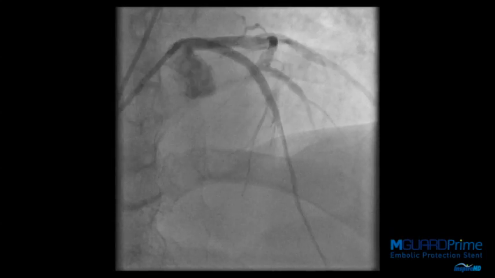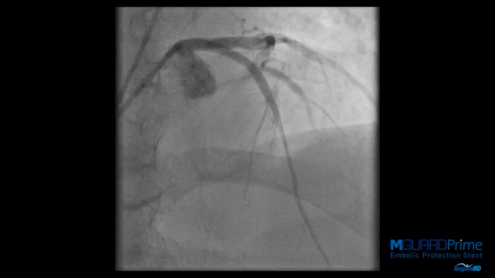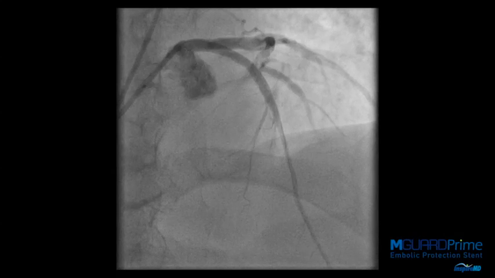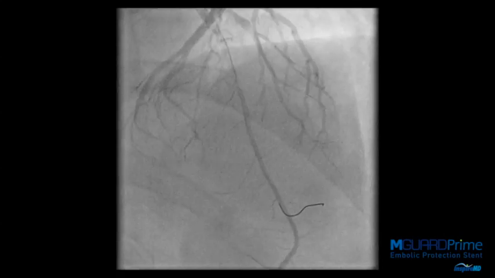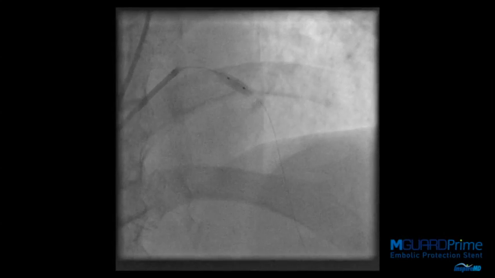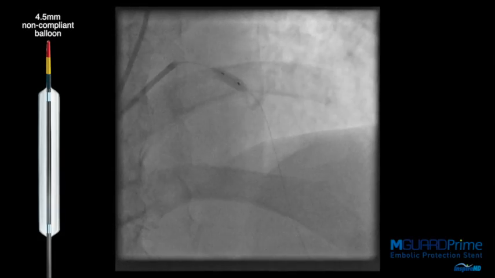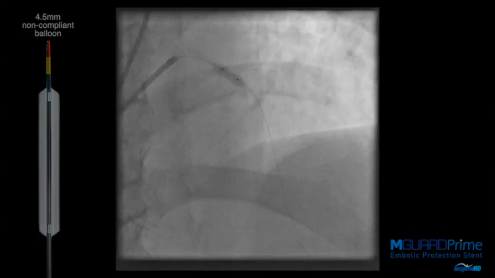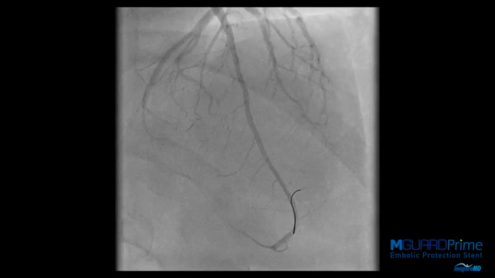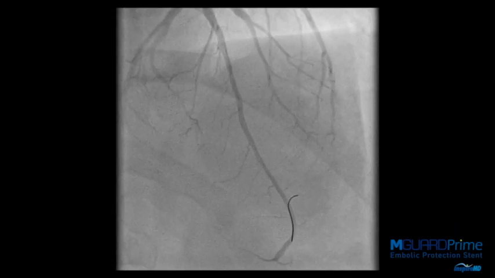and run 19 shows a very gratifying result immediately after MGuard implantation, with TIMI grade 3 flow down the LAD and good flow, almost TIMI grade 3, in the branch. As the proximal vessel was very large, we took a non-compliant 4.5mm balloon at moderate pressure. After post-dilatation, there was no evidence of distal embolization, brisk flow down the LAD, and similarly good flow down the